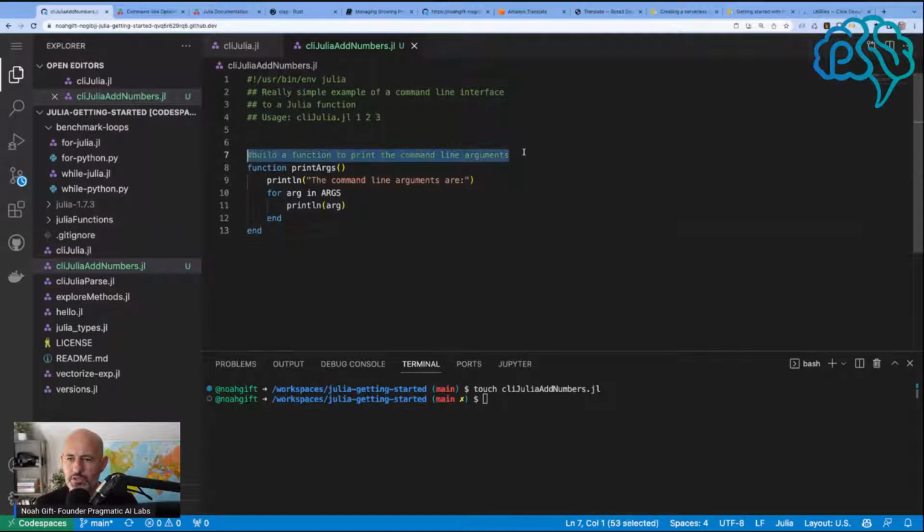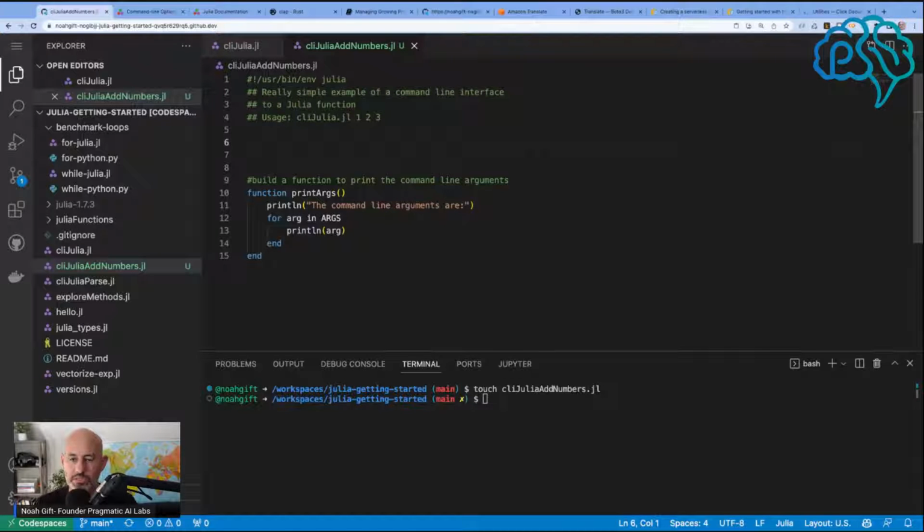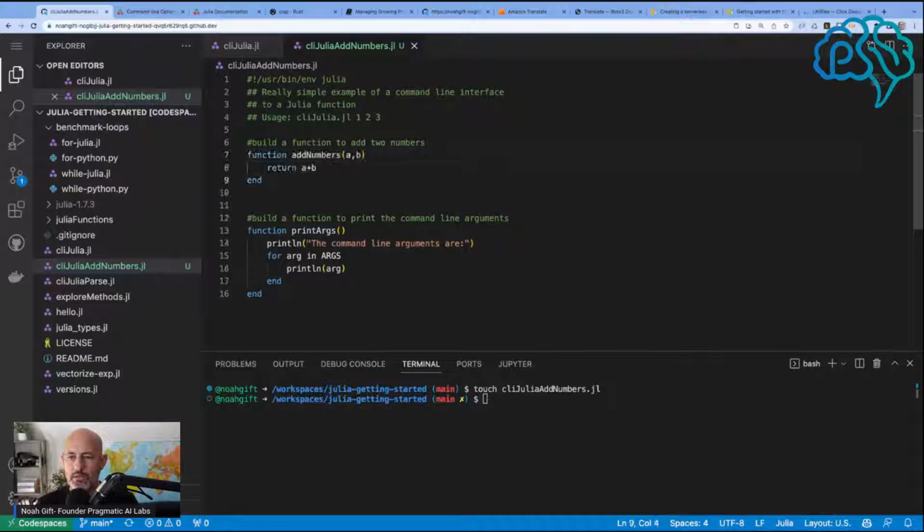And so build a function to print the command line arguments. We have that. But I want to add two numbers. So we'll say like build a function to add two numbers. All right. That looks pretty straightforward to me. So I'm going to add these two numbers together here. Function add numbers. And I would say